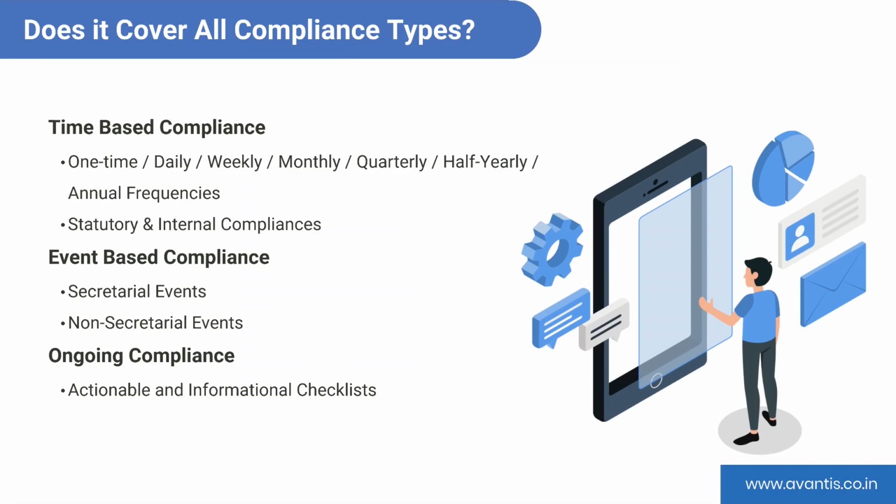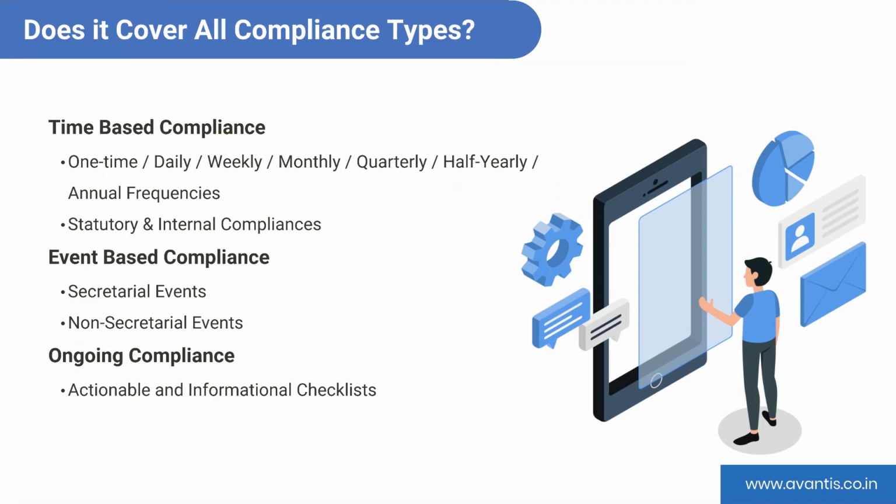For example, you may have multiple insurance policies. You may have lease and license agreements which come up for renewal or termination, or which require review at some point in time. You may have a plant which requires some kind of maintenance. You may have machines which may have a maintenance schedule. You may have company-owned vehicles which may require PUC and several other things. These are all examples of compliances that the government of India doesn't need, but it's an important and essential ingredient